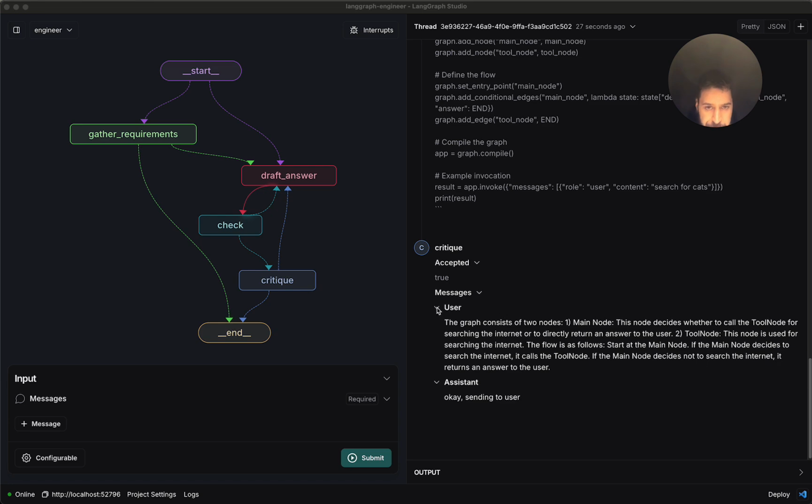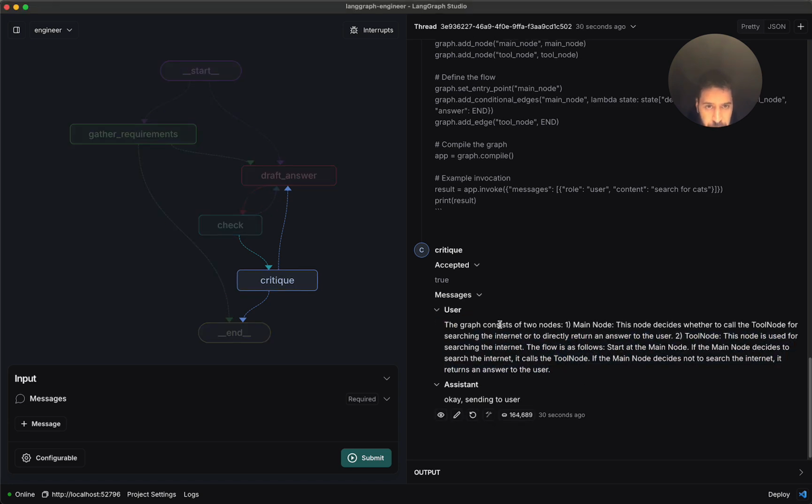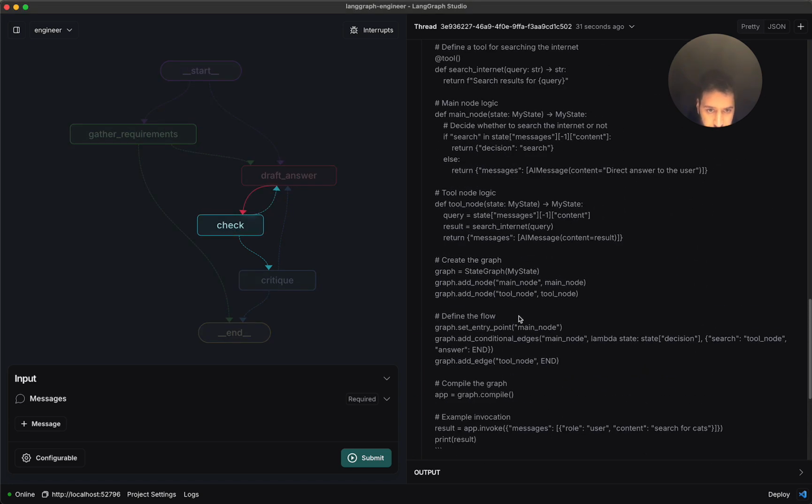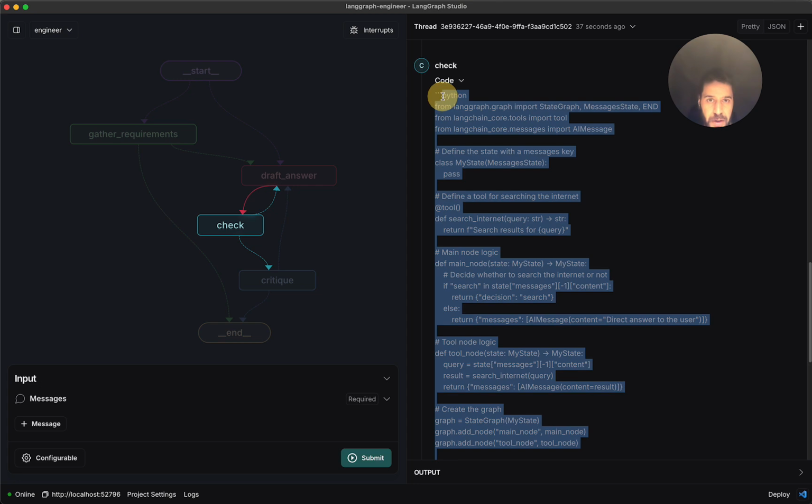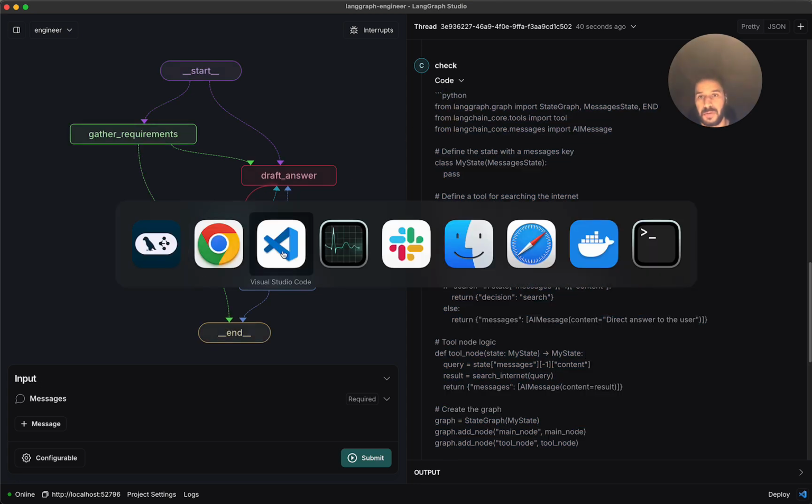And now we need to see accepted. So the graph has two nodes. Okay, let's check the flow. Actually, we can just copy this code and take it to some